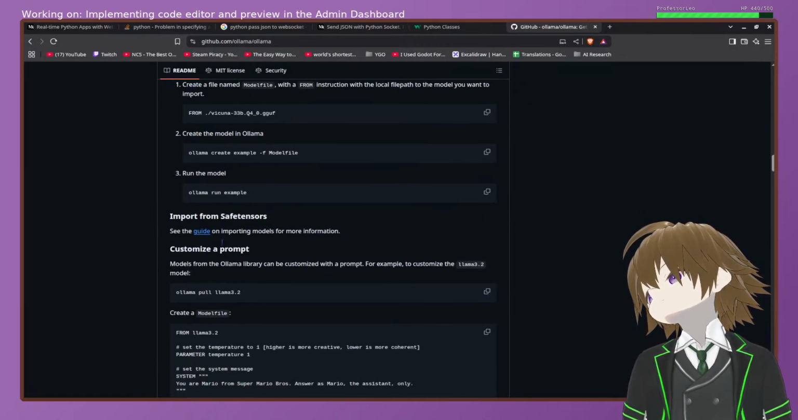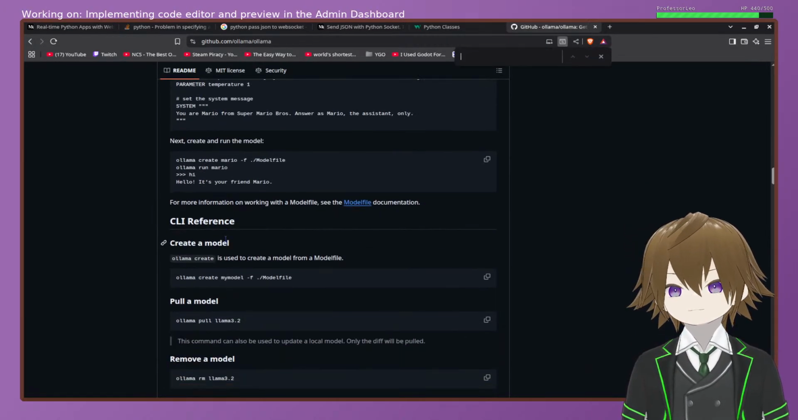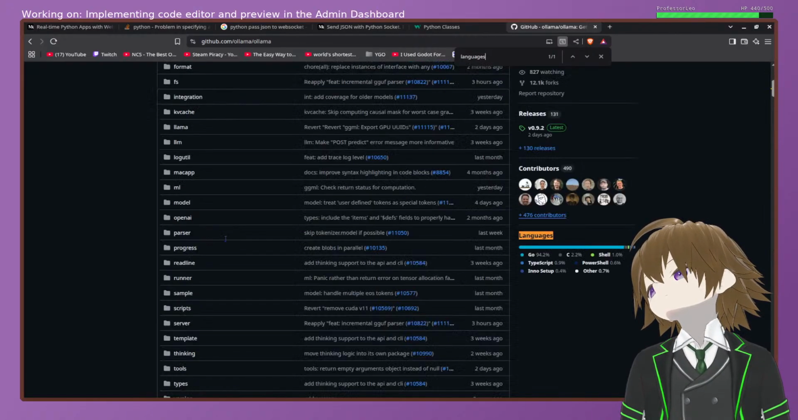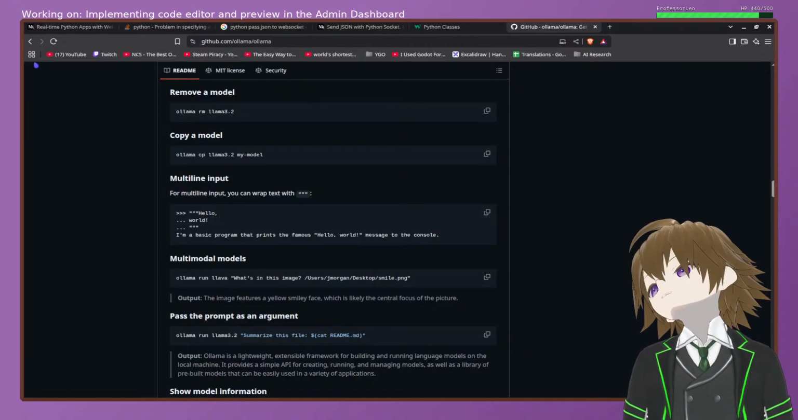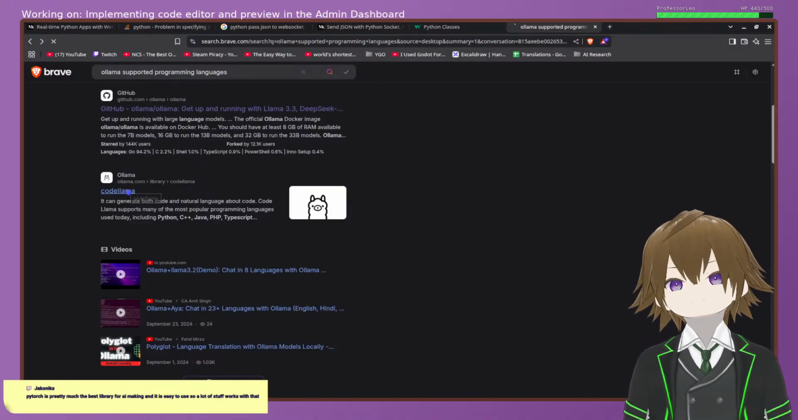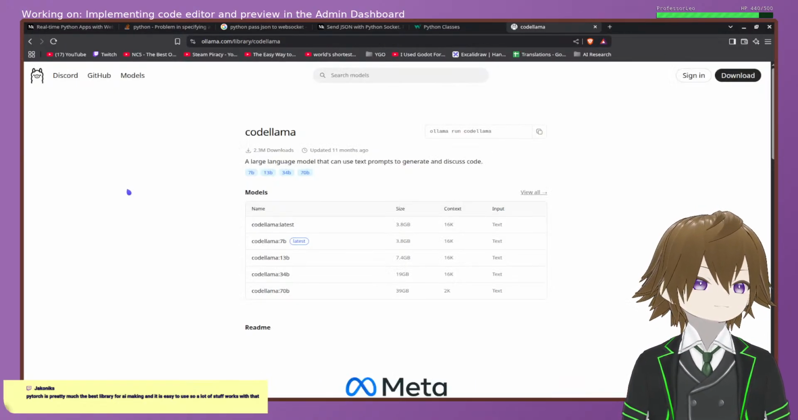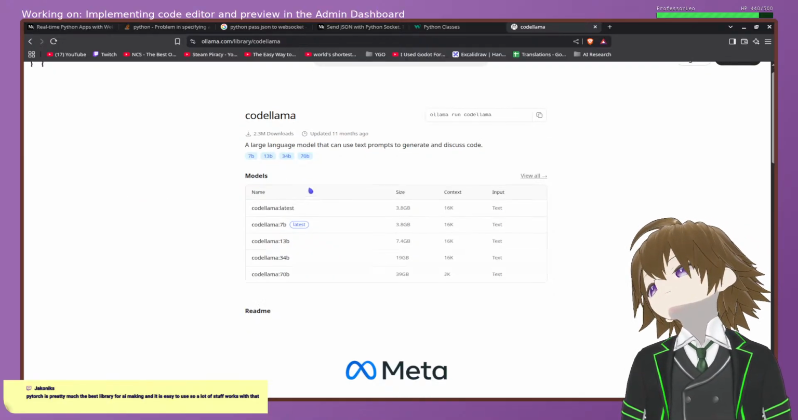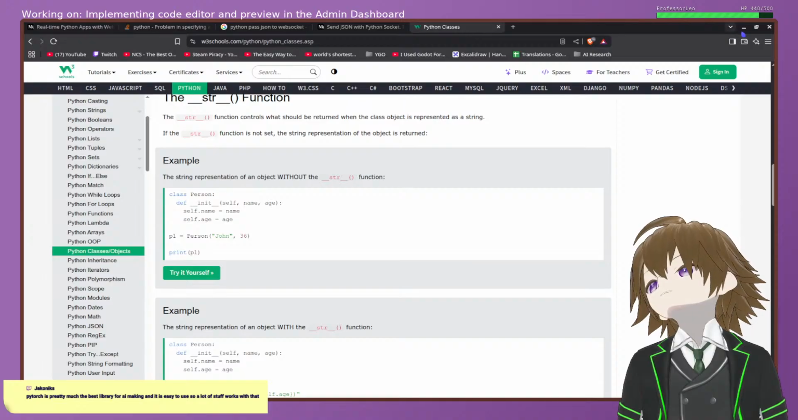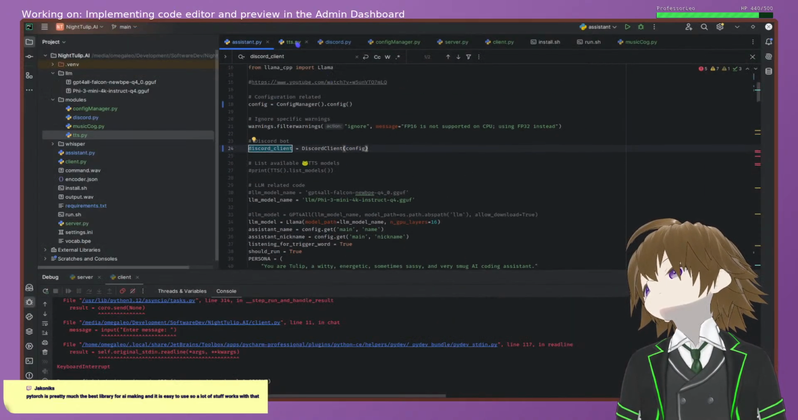Let me see if there's something about languages. Hold up. Languages. Programming. Okay, no. This might be the Python one. Let me see, PyTorch is pretty much the best library for AI making, and it is easy to use, so a lot of stuff works with that. Okay, yeah, that's also good. I'm just trying to see, because I at least am running a bit of a mixture of everything. So yeah,